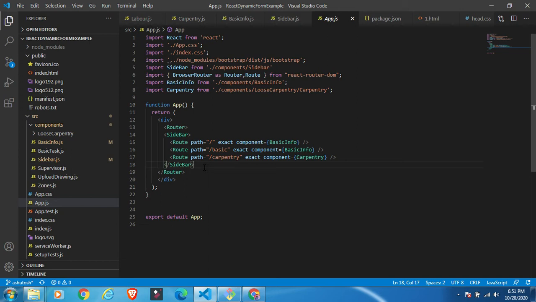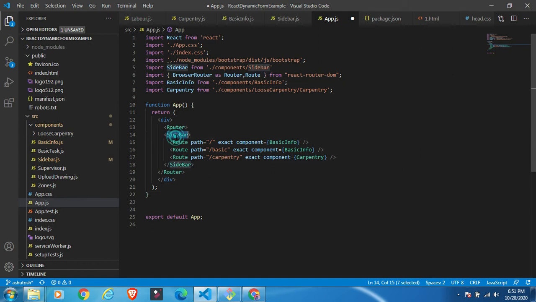Props and state are very famous keywords, and I hope you know about props and state. Accordingly, you can pass anything to that particular component as props, like an argument. You just need to pass it here, and you can also pass children. This is basically a child you can pass in this way.